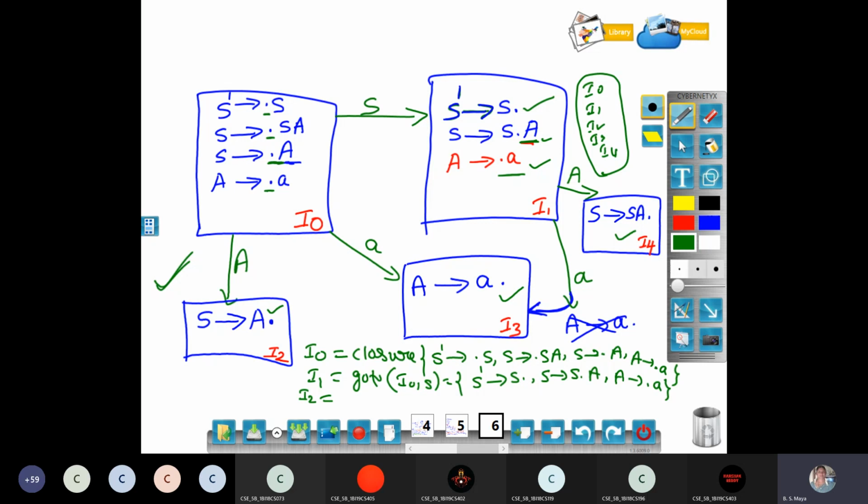They call the diagram the LR0 automata. Write the diagram and then write the item sets too. Or write the item sets and then write the diagram too. It is your convenience. Okay. I show both the methods. If you cannot write the item sets, or time does not allow, I0 on capital A, you can leave it. But the diagram is very, very important.